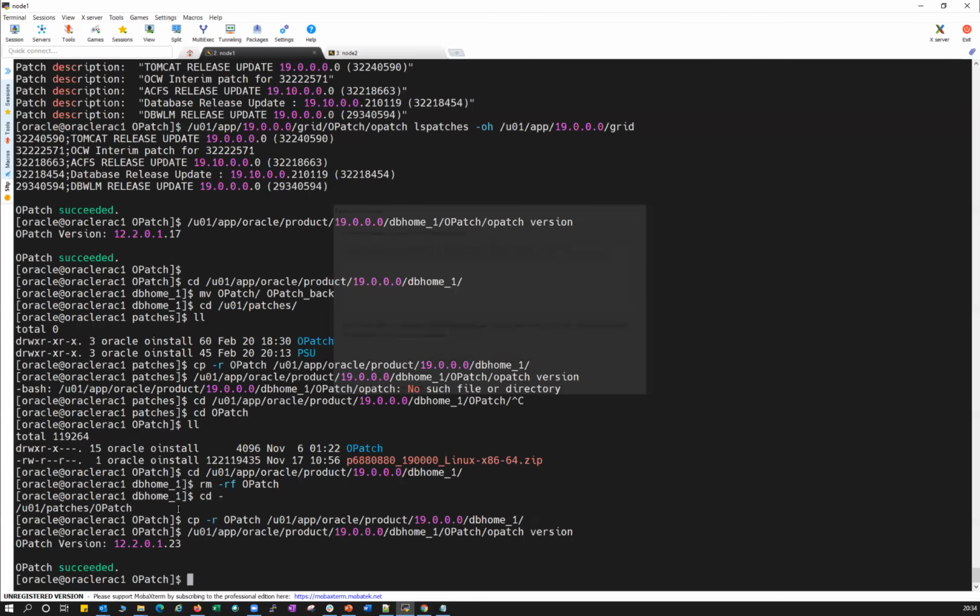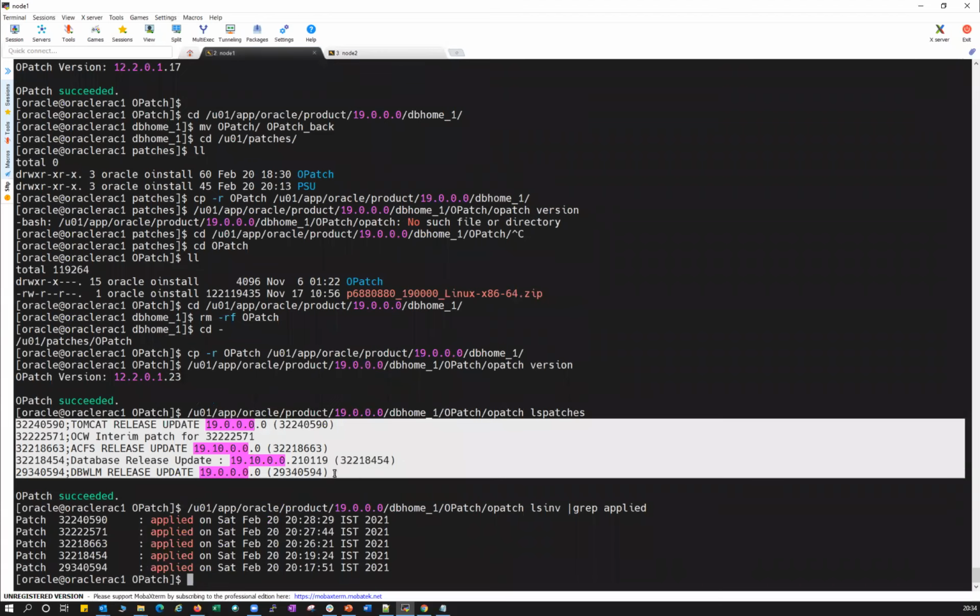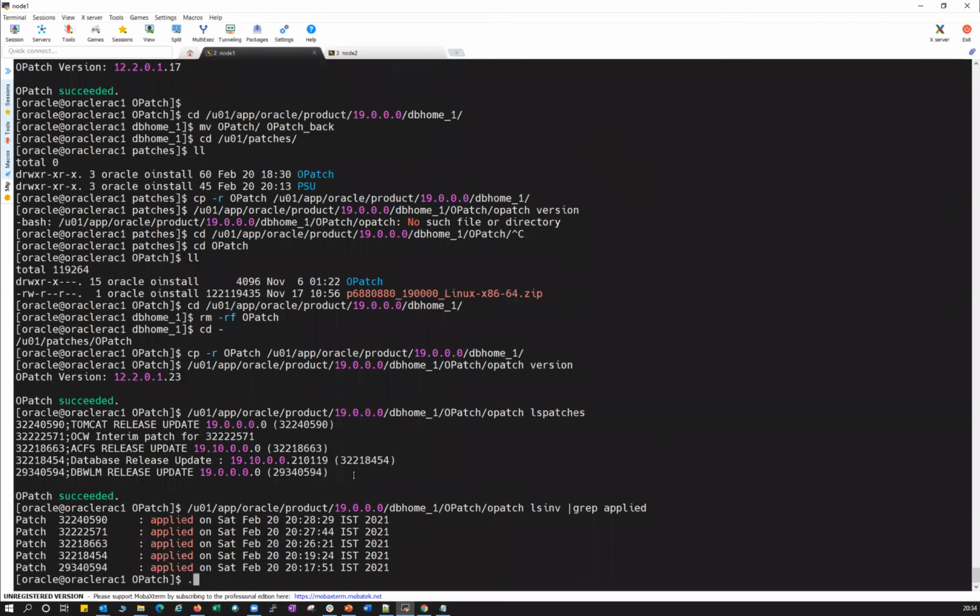You can see, right? Okay, I have not set it. See, this is one of the disadvantages. If you have only the Oracle user running your grid and DB, you have to set the proper Oracle environment. Even though I ran OPatch for my DB home, it is showing my grid home because the environment is set for grid home. So this is very, very important. You have to make sure you set the proper environment.